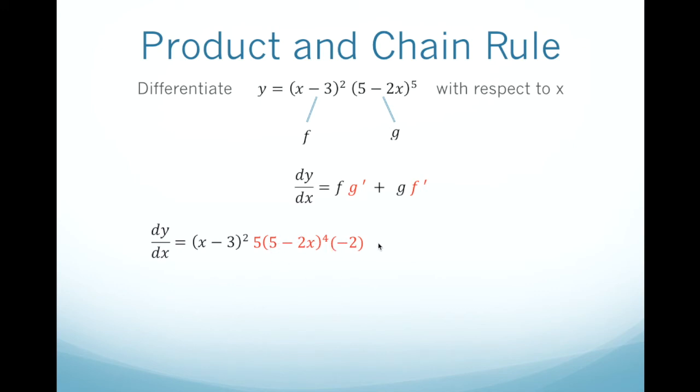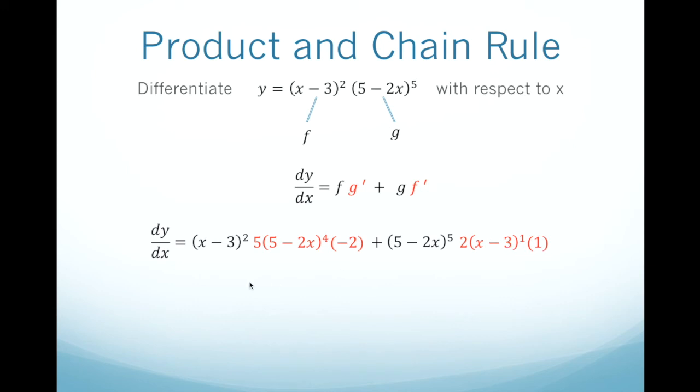Now added to, this time we have to copy the second function 5 minus 2x to the power of 5, and then multiply to the derivative of x minus 3 to the power of 2, in which you have to apply the chain rule, and the derivative of that is going to be 2 times x minus 3 to the power of 2 minus 1, which is just 1, and then multiply to the derivative of x minus 3,